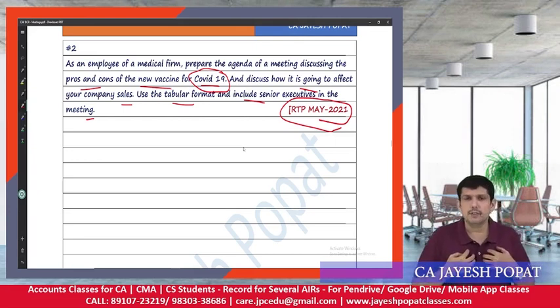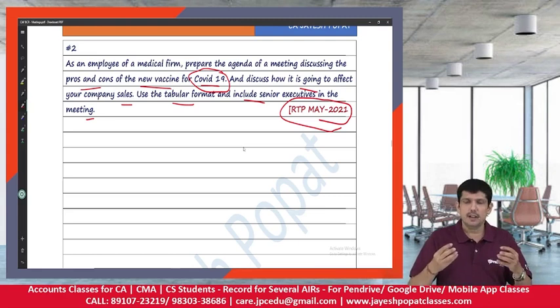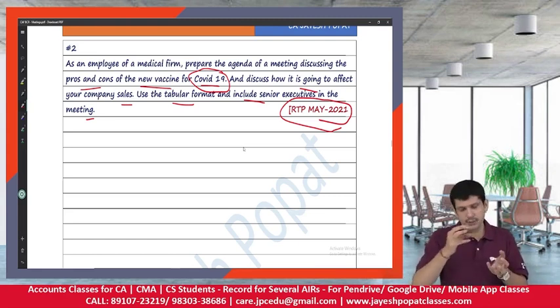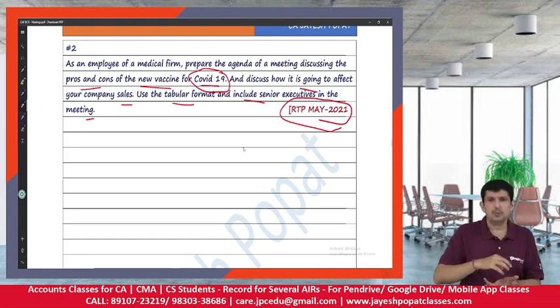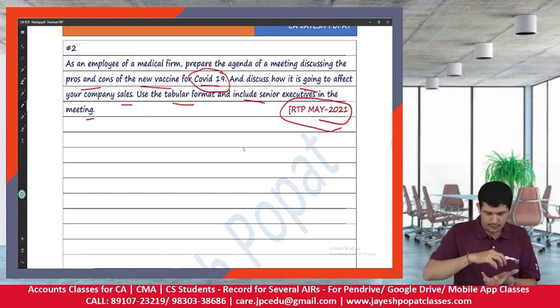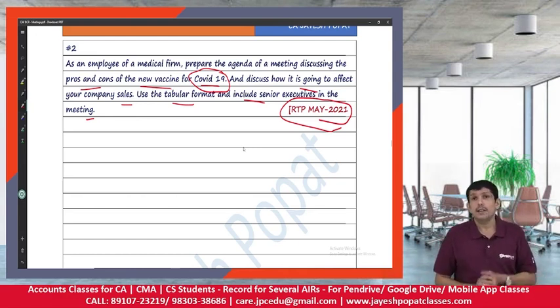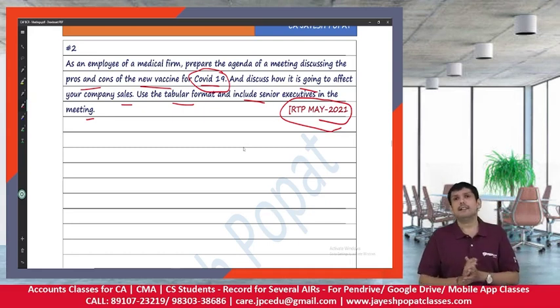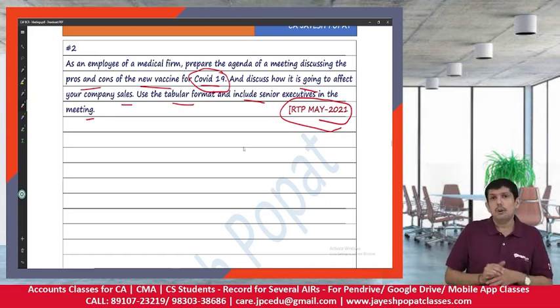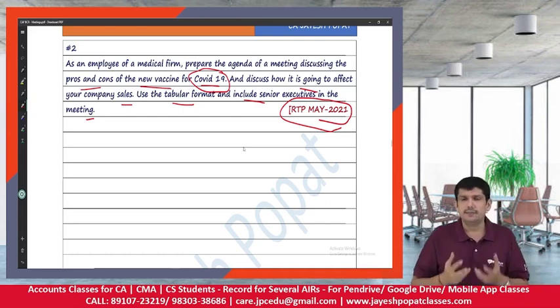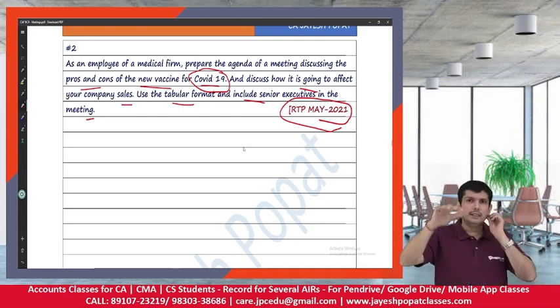I am a medical firm manufacturing, let's say, Remdesivir or maybe Fabiflu. These are common medicines which were used for treating patients who were infected with COVID. Now with a high level of vaccination being done, obviously if the vaccine is effective, the demand for these medicines